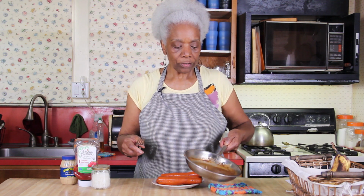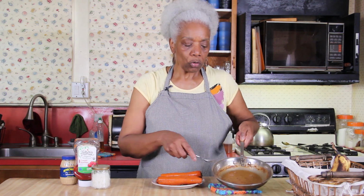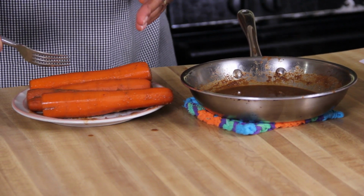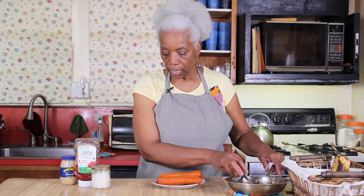So here's the rest of the sauce, and when I store it, I just put it back in that same container I took it out of, so that each day I want to eat 1 or 2, then I'll have this to warm it up with. Okay, so put that to the side,